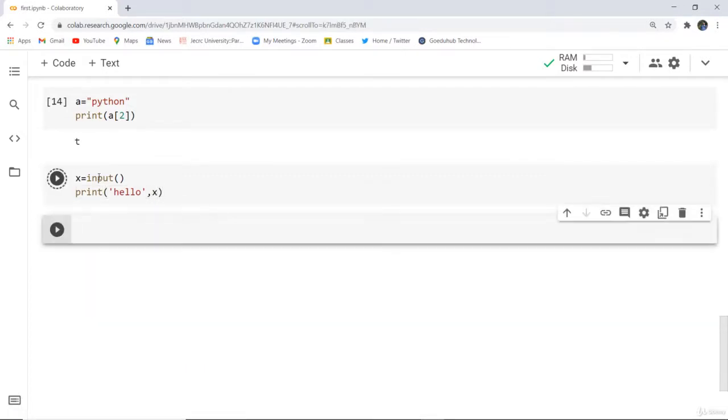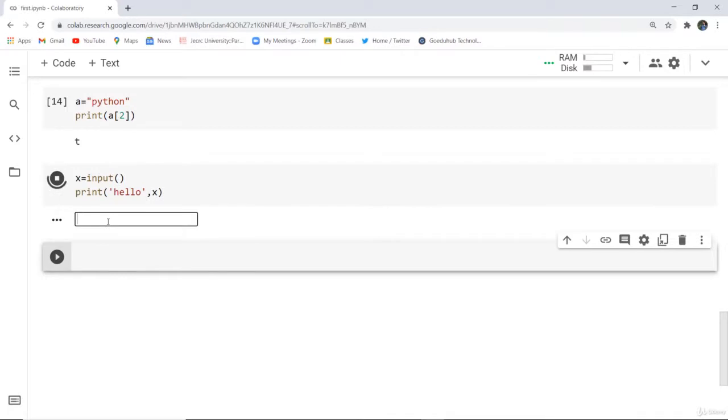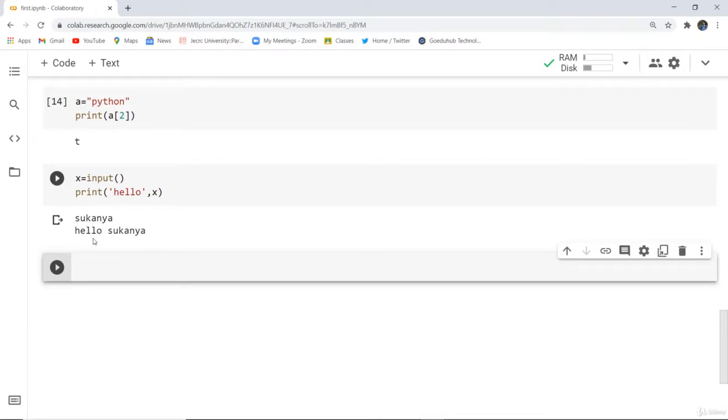Now if you execute this particular set of code, firstly it is going to ask you to enter the value as you have mentioned the input function here. For example, I am giving my own name, and as I press enter, it is going to print hello Sukanya. That means the string which is there in input, with the help of command line input, we can do that. We can take the input from the user and then also print a particular string.